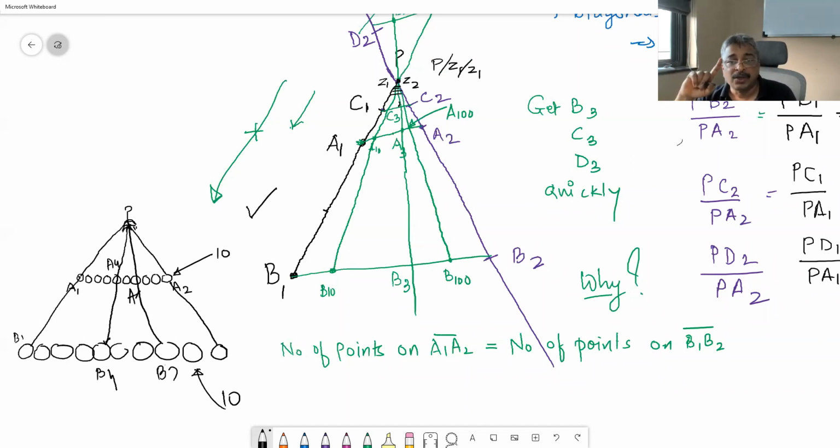And therefore, you can draw as many parallel segments as you want, not passing through P, and the number of points on each of them, not only on this side but the other side also, all the negative ratios also, will possess exactly the same number of points. This is very important, and you should start thinking in this direction and start aligning your thoughts to the concept of infinity, to the concept of no dimension to the point, no dimension to the straight line. The earlier you get aligned, the better it is for you.